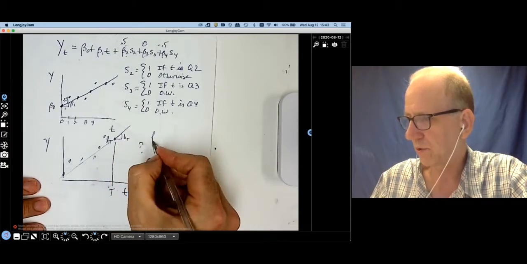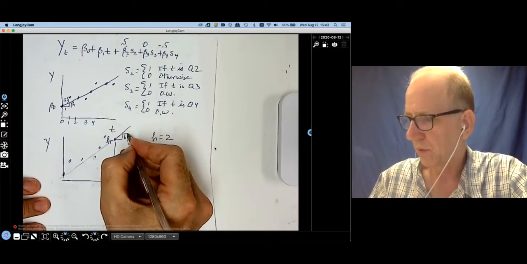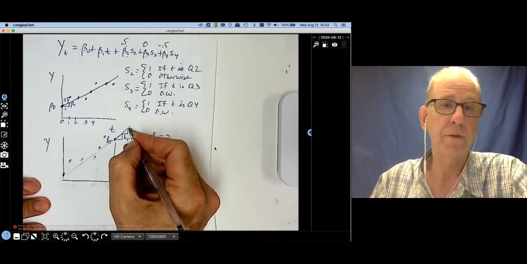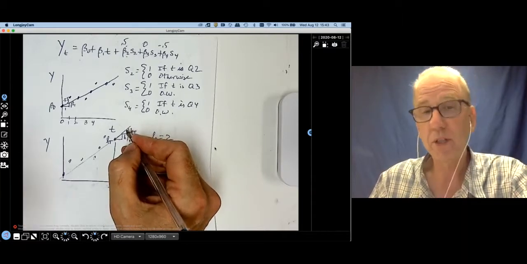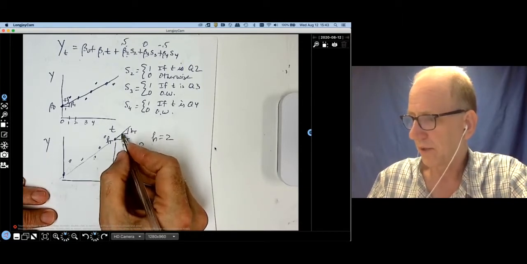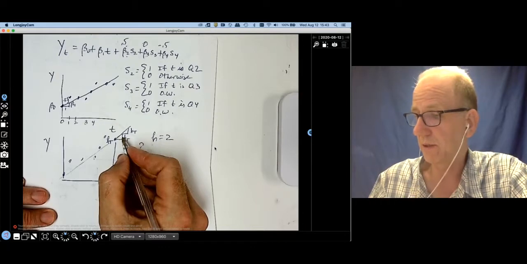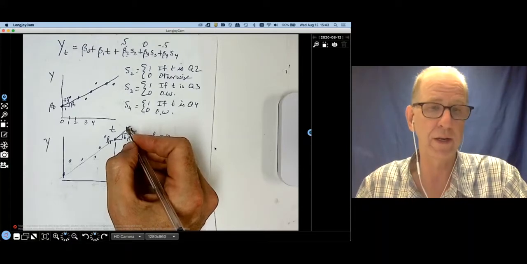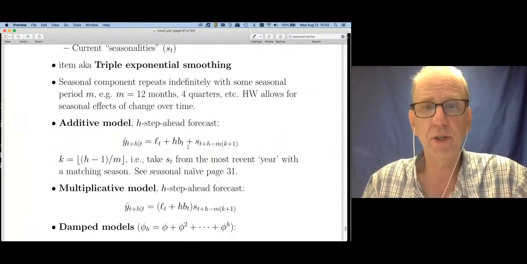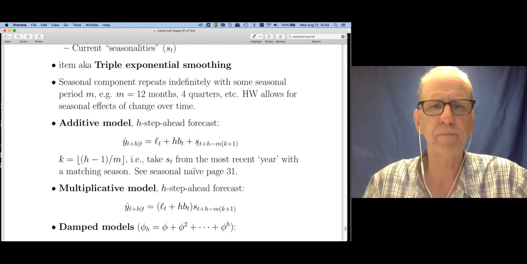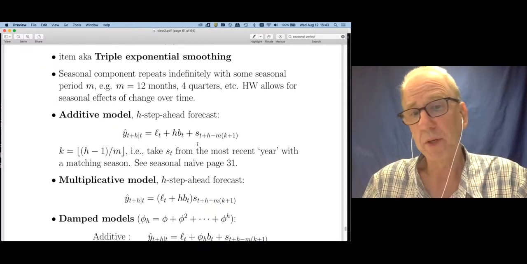And so let's say I want to go H equal to 2 periods out. Well, we're going to go 2 BTs up. And so this would be my forecast trend, but then I'm going to adjust for the seasonal component. Here I would adjust down by whatever my current seasonal effect is. Here I guess I'm back on the line if I think my second seasonal effect is back on the line. Okay, so it looks a lot like the regression equation. I just go up however many slopes I need, but then adjust the seasonal part. That's the additive model. Now, the multiplicative model